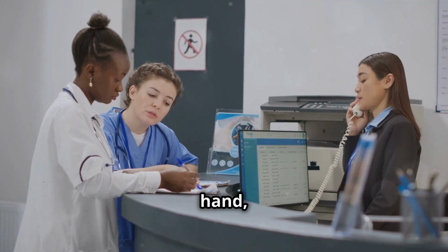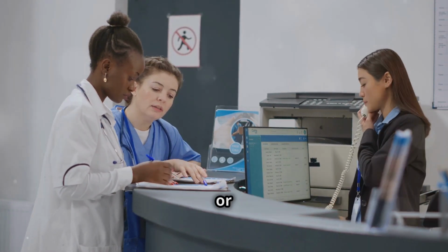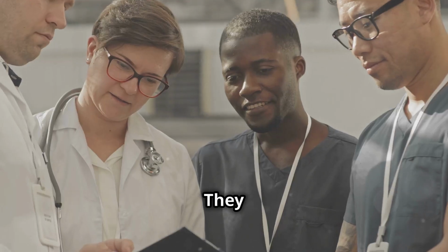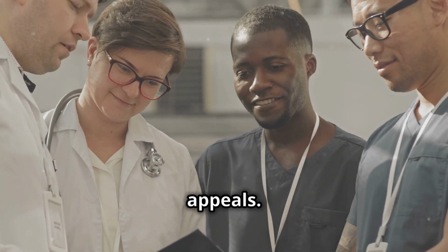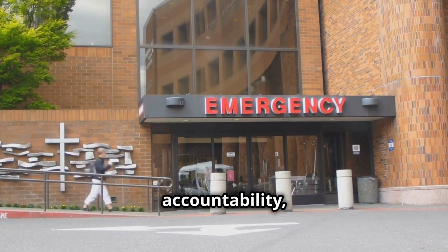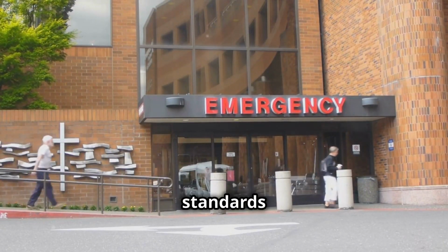On the other hand, disciplinary policies provide a clear framework for addressing misconduct or performance issues that don't meet expected standards. They outline a fair and transparent process for investigation, disciplinary action, and potential appeals. These policies aren't about punishment, they're about accountability, ensuring everyone on staff adheres to the same high standards of professionalism